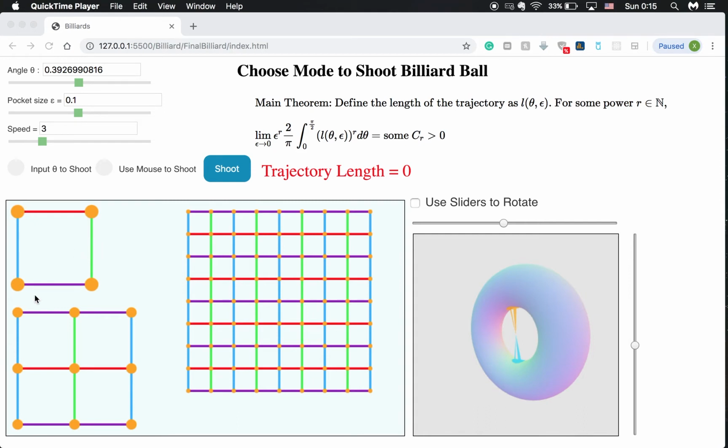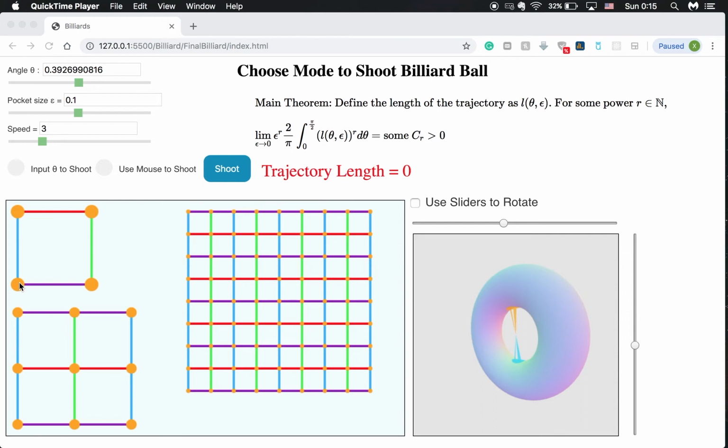the square billiard table. So imagine you have a square here and you have four pockets on the corners, and you shoot a particle from some location on the table. Let's say if you shoot from the middle of this side with angle 45 degrees, then you can imagine it's going to loop forever. However, in the paper, the problem setting is you shoot the particle from one of the